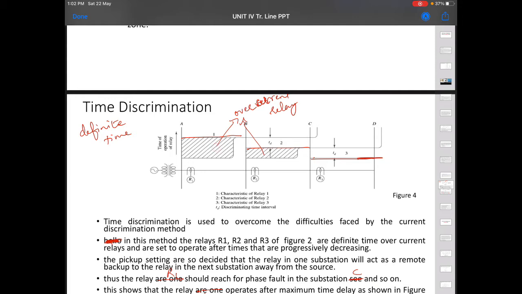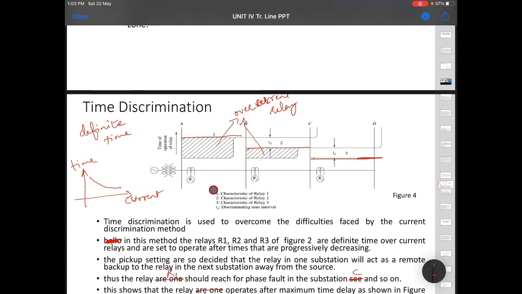What we want is, suppose this is time and this is current, something like this inverse time. More current should take less time, less current can take more time. This is what we want.